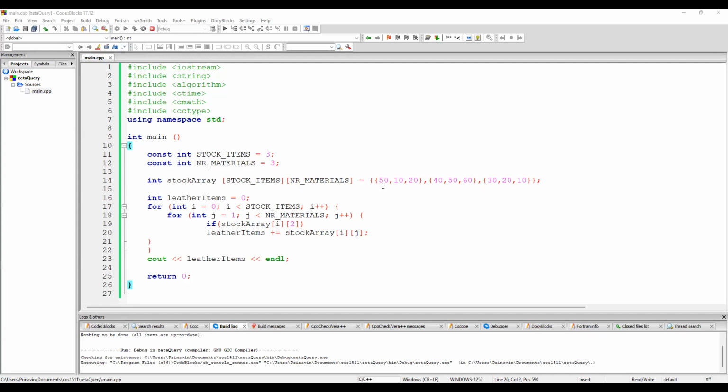All right, so let's look at it. So 50, 10, 20, that is your first row, correct? Yeah. So I'm going to write it down on a page, right? 50, 10, 20. Then your next row is 40, 50, and 60. The next row is 30, 20, and 10. So what sum is it that you want,